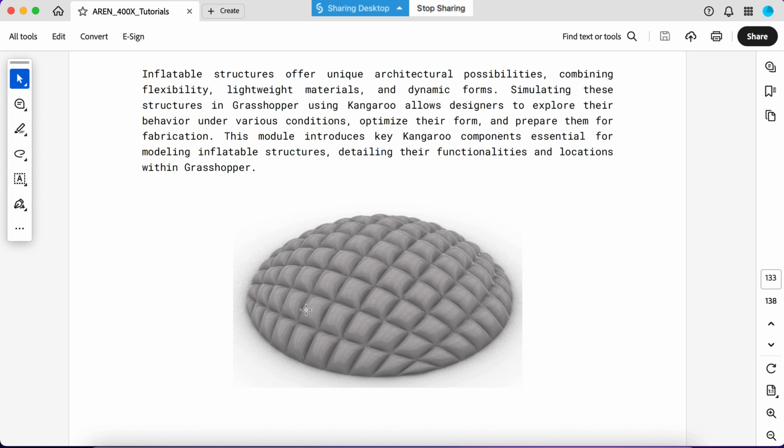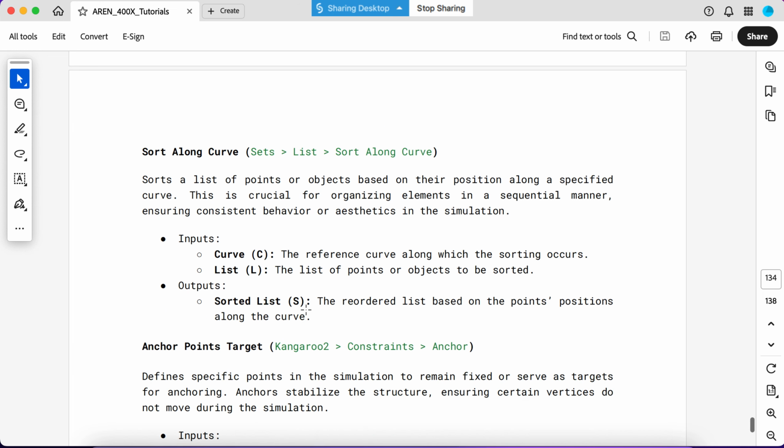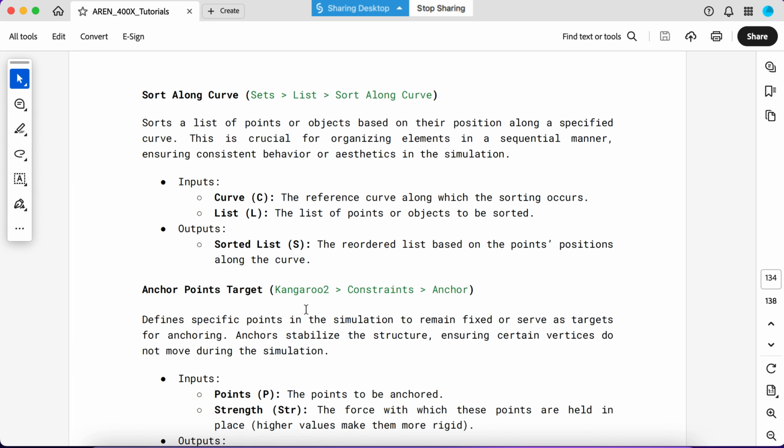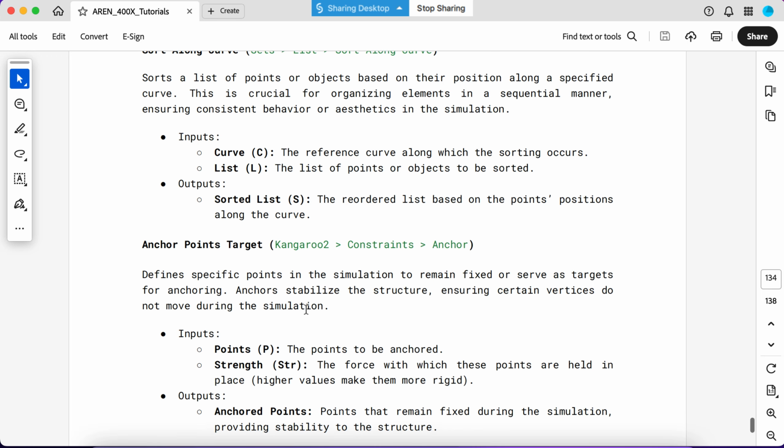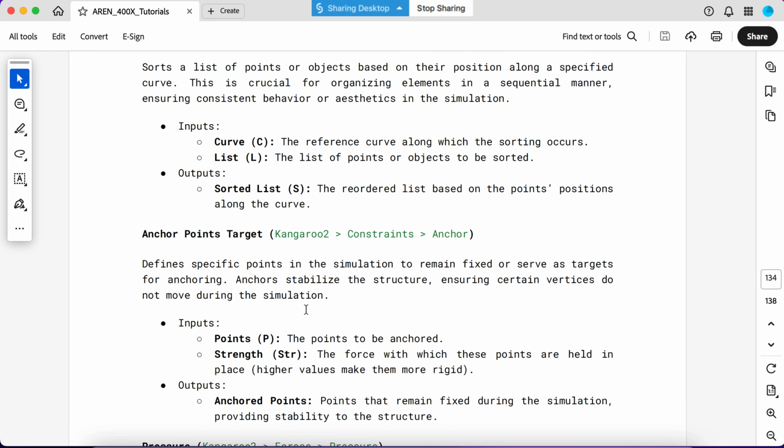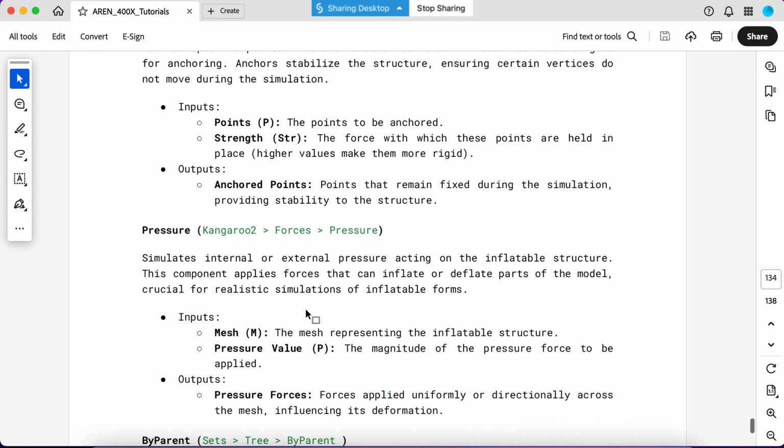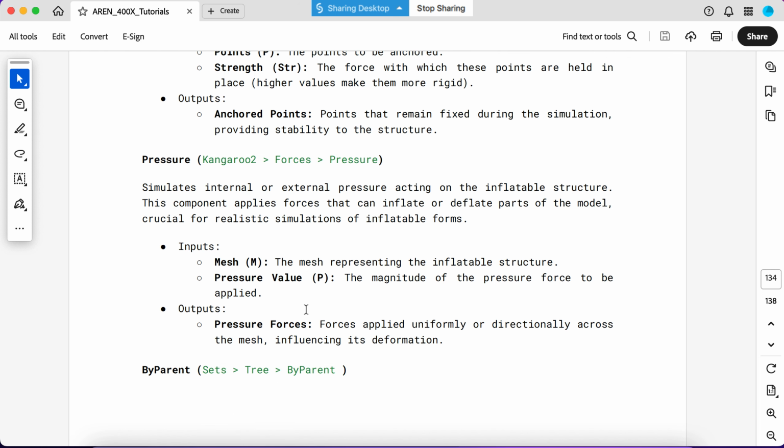Inflatable structure. We're going to use a couple of different new components. One of which is going to be sorting points along the curve. We are using anchor points, but this time we're going to add the target points to the anchor. So the anchor points have targets to move from one side to another side. And then finally we use a pressure to create a pressure, and then